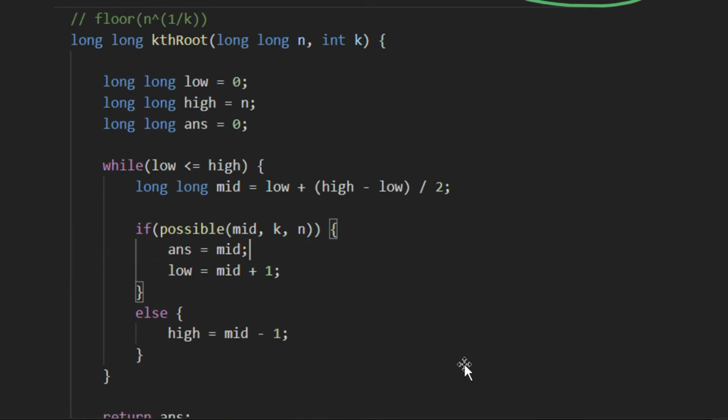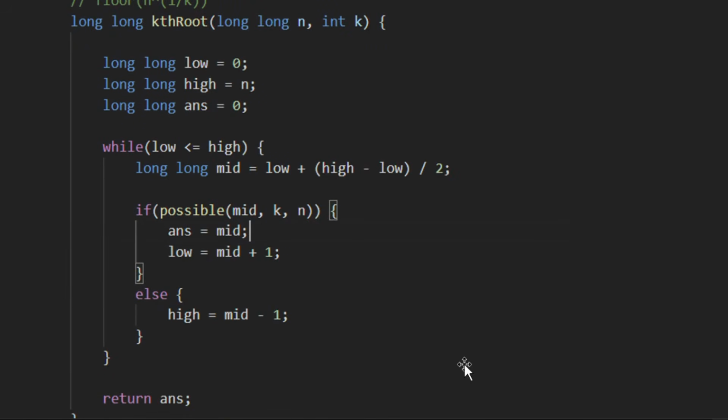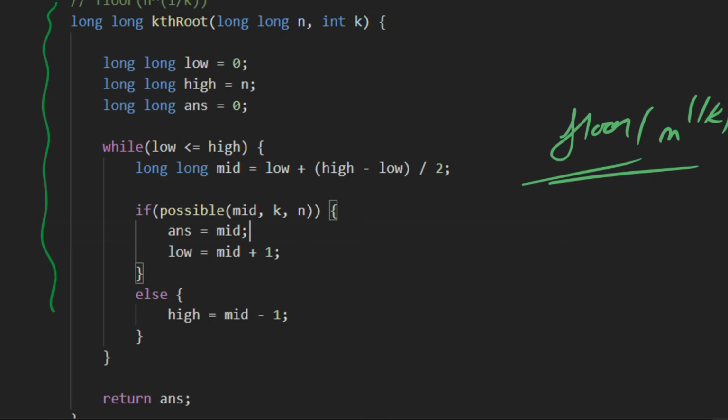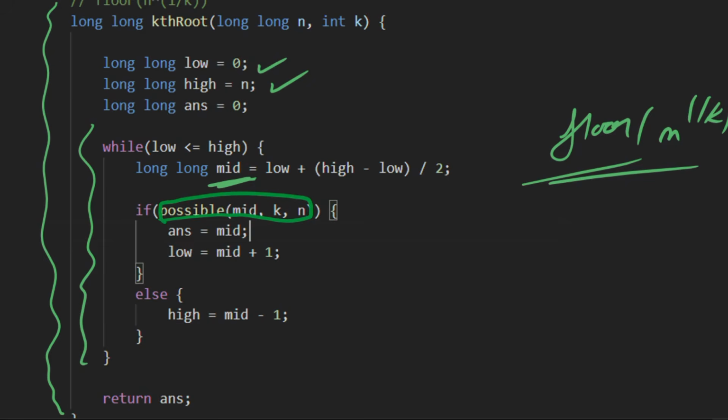And this is a function which will return us the floor value of n to the power 1 by k. Here we have taken all the numbers from 0 to n, then we use binary search, find mid, and then we check whether mid is a valid root or not.